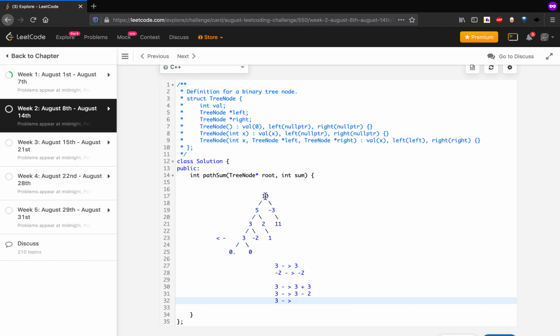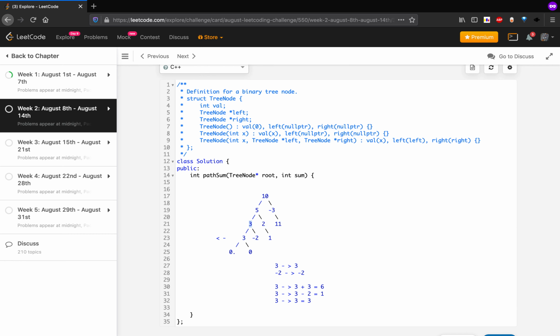That is, if we have this path 10 5 3, I can include 10 5 3 plus 3, or 10 5 3 minus 2, or 10 5 3 only. So we have three options here. Let's say we return 6 from here, 1 from here, and 3 from here.